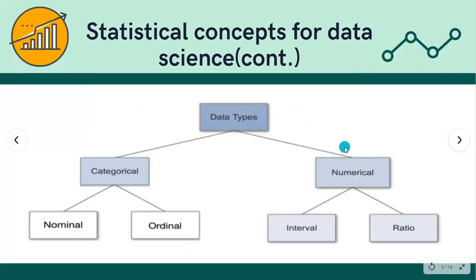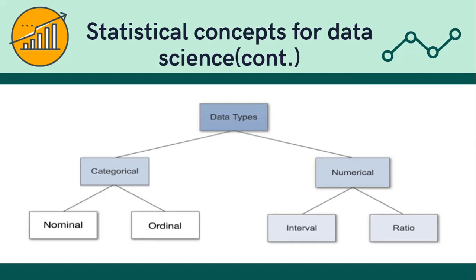And then what are the data types? When you are in the field of data science, you need to understand the data types, because data can be in a lot of forms. So majorly, the data types are categorical and numerical. In categorical there are also two categories, one is nominal and one is ordinal. Nominal categorical variables are those variables which are categorical but do not possess any order. For example, gender. It's either male or female, and there is no order to it. You cannot specify which one is superior.